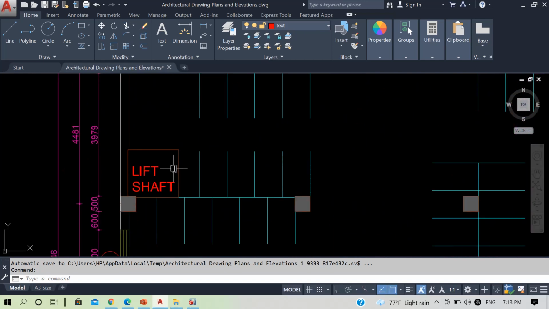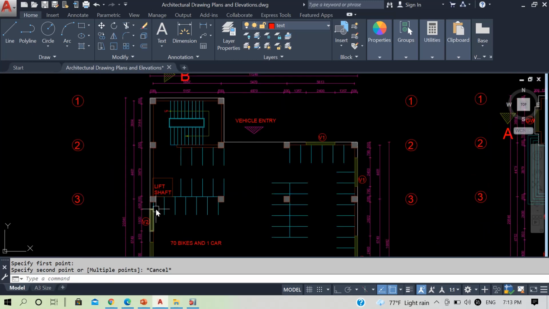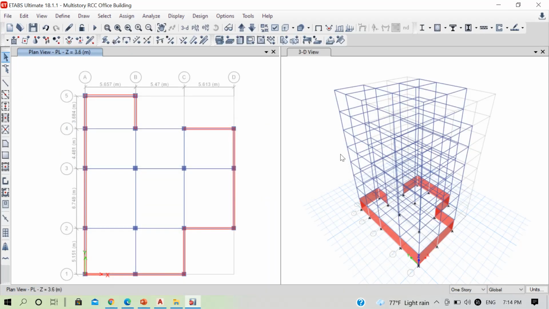And this lift shaft has a distance of 1.55 in this direction and 1.65 in another direction. So since this lift shaft is at a distance of 1.65 from this column, what I will do is